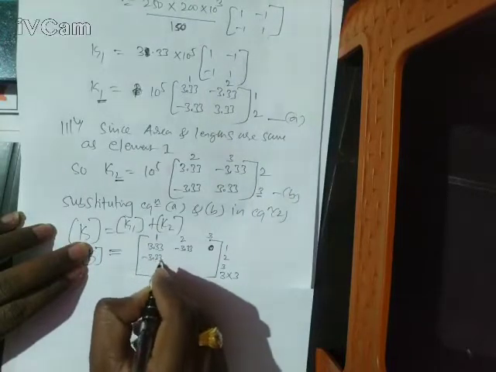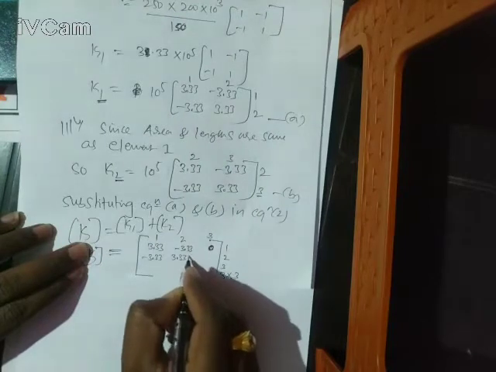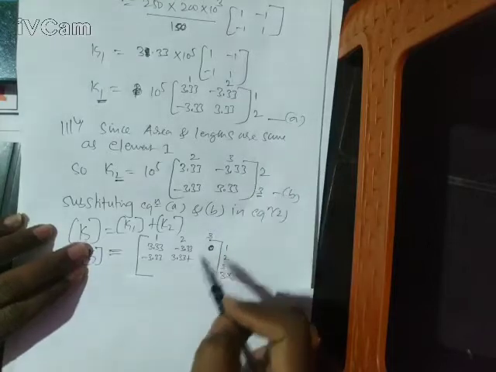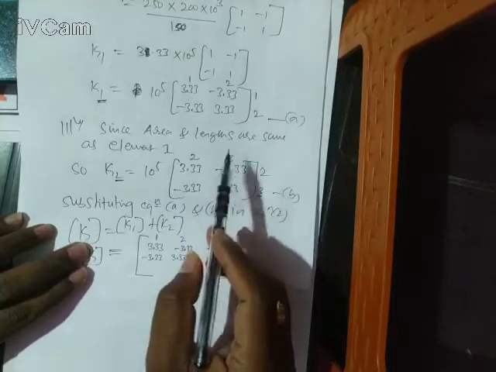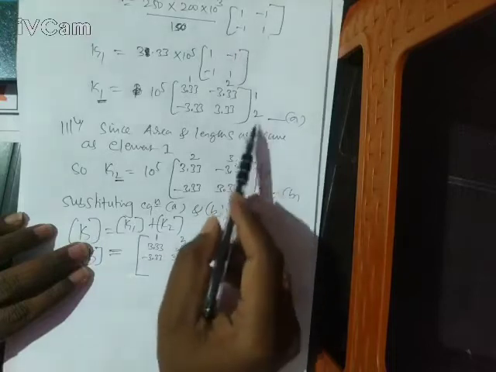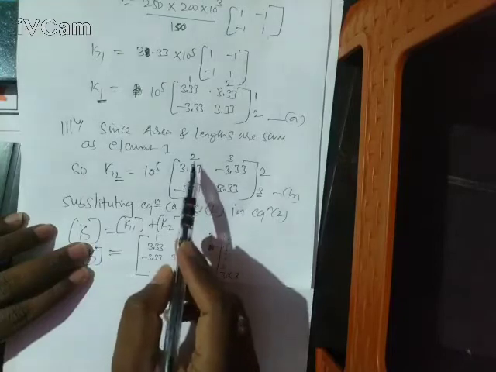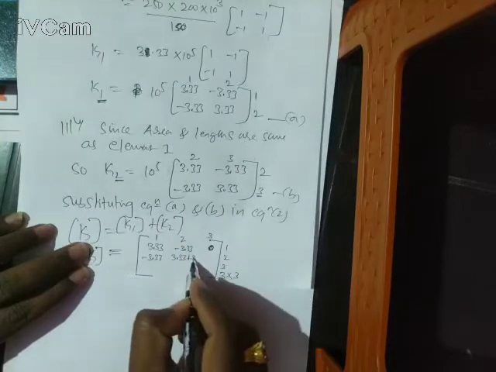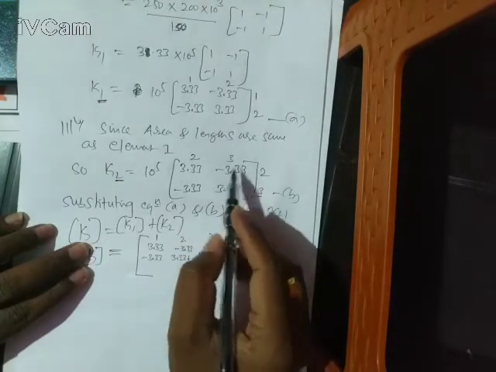minus 3.33. Second row, second column, I am having 3.33 plus, again in this, see here friends, how to add: if I consider second row, in all the matrices I have to check. All the matrices means, right now I am having two matrices, matrix A and matrix B. In both the matrices I have to check for second row. Here also there is a second row, again second row, second column, same position I am getting. So I have to add these two values, 3.33, and this is what? Second row, third column now existing in the second matrix.